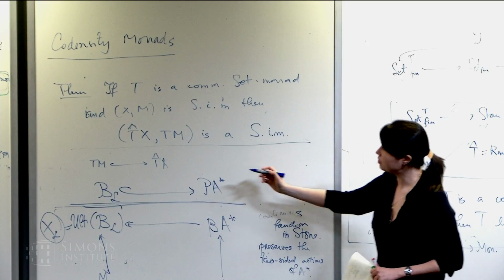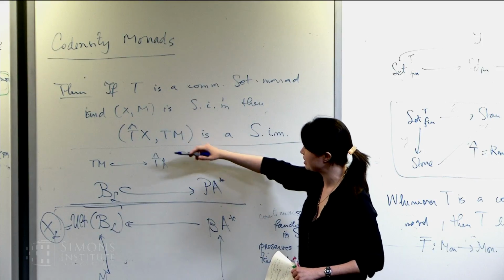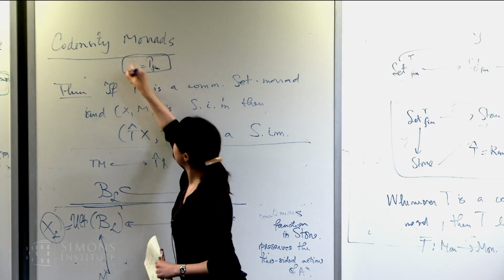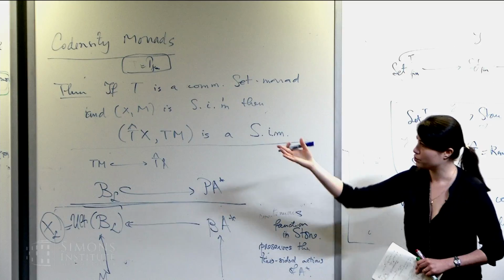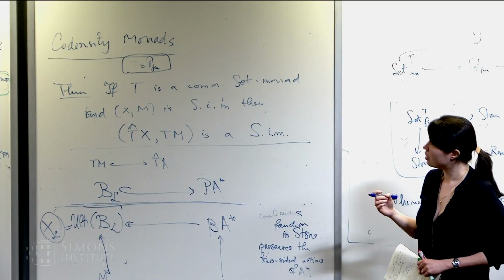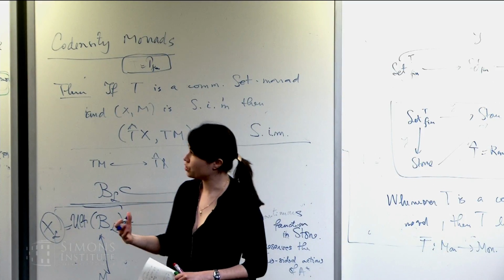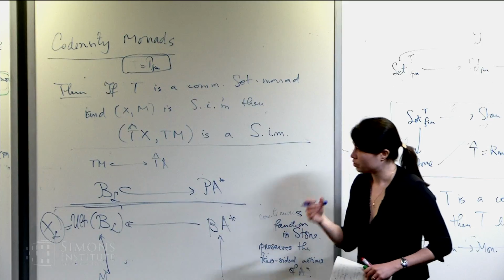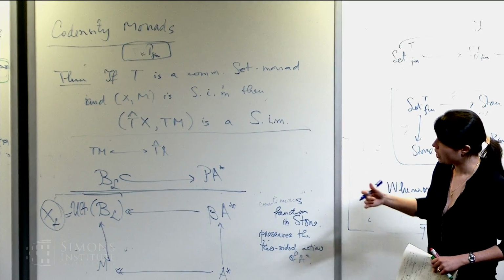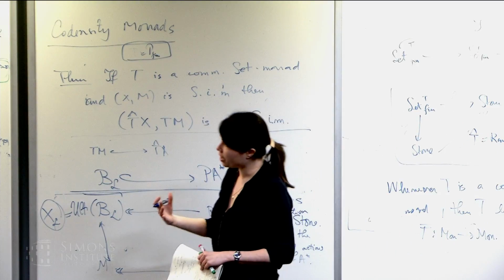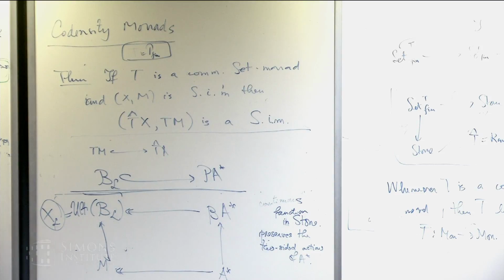If T is the power set, or the finitary power set, then I want to apply this in this case. I get exactly what I have told you about for the existential quantifier. One can do this for any commutative semi-ring, and for the corresponding free semi-module monad. And this gives a general recipe for obtaining recognizers, for example, for all the languages of this shape given by modulo counting quantifiers.